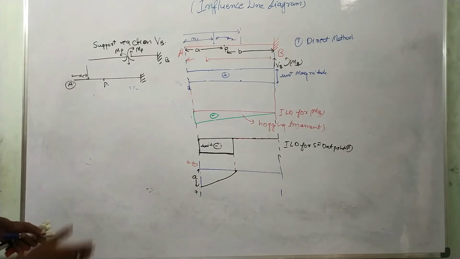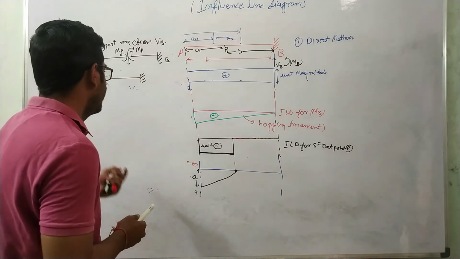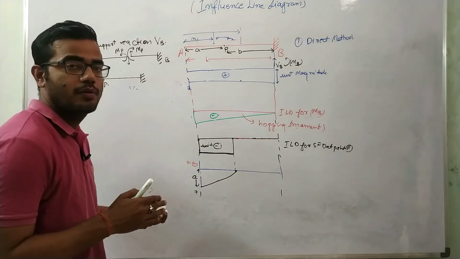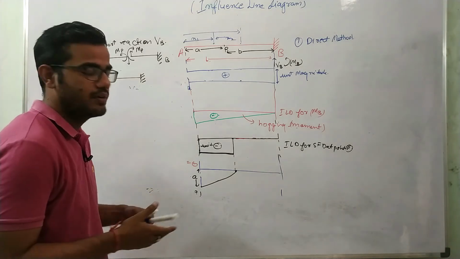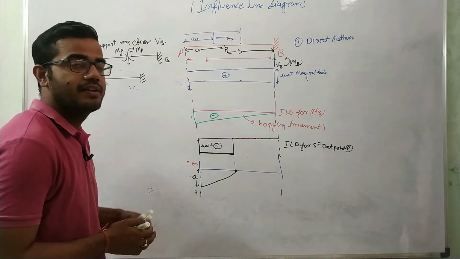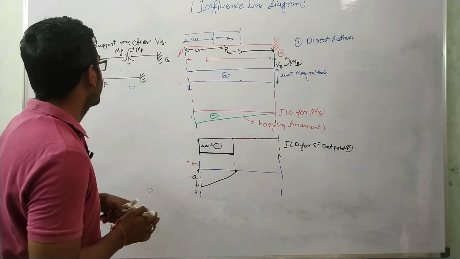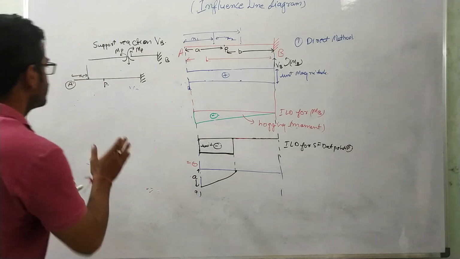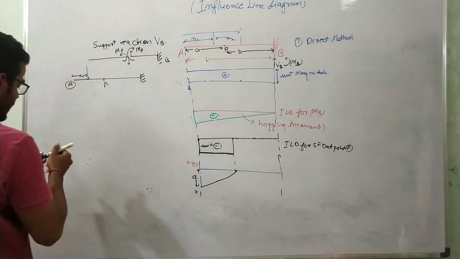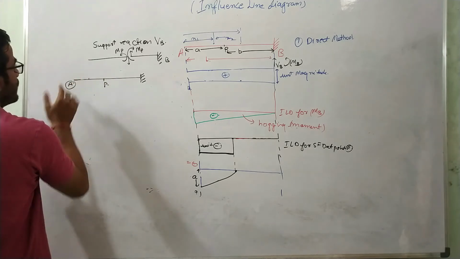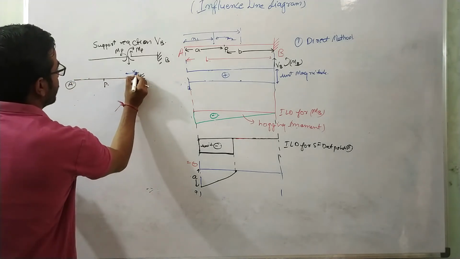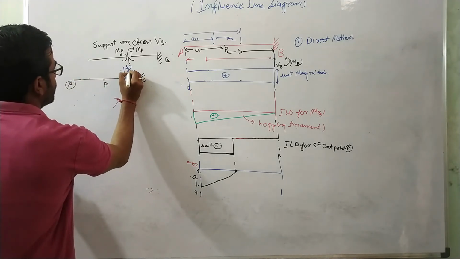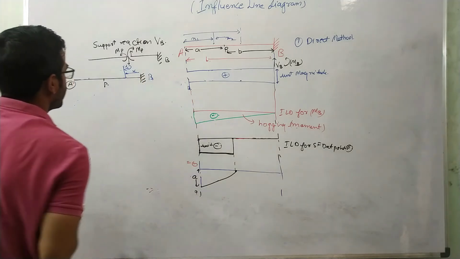We are doing the detailed discussion of this ILD. Why? Because we want to make sure that there should not be any confusion, okay, regarding what are the signs, why negative sign is there, how this thing is coming, okay, what is the direction of MP, those things we are discussing in detail. So there should not be any confusion, okay. So now let us suppose unit load is acting at a distance x from this support B, okay.